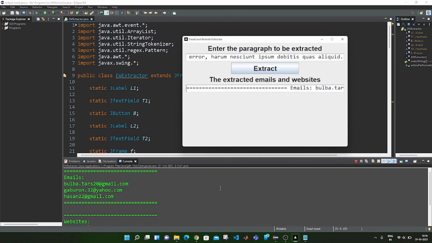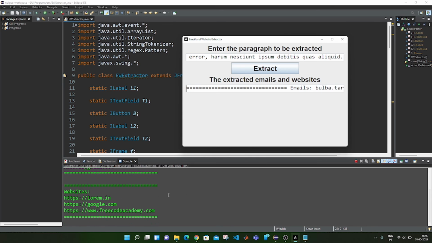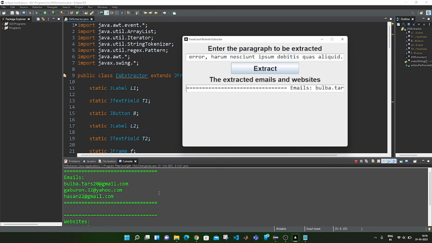So the emails are this and the websites are this. Both the emails and websites have a very different pattern. By matching those patterns with all the tokens present inside the paragraph, I have extracted the emails as well as the websites which were present inside the paragraph entered by the user.